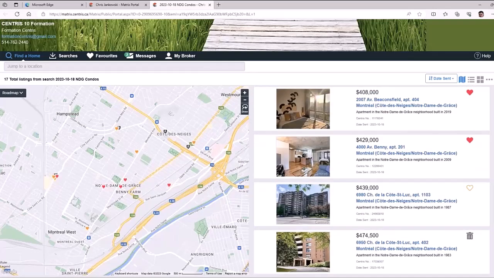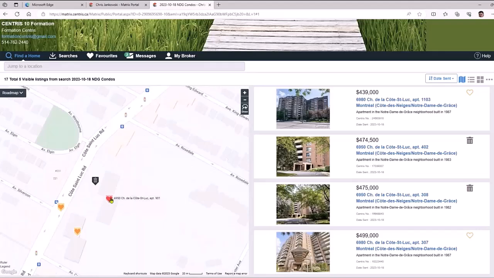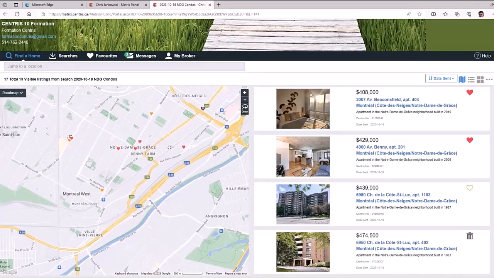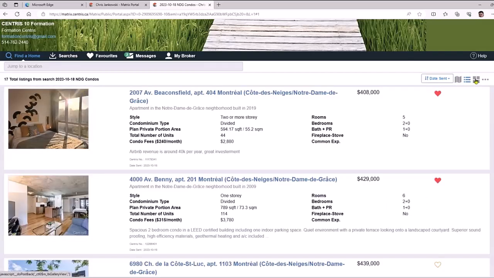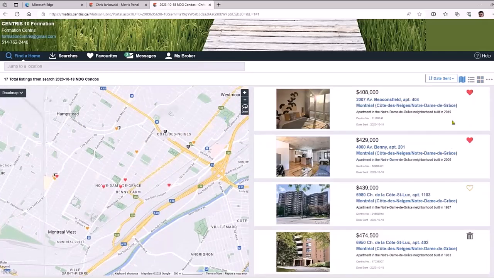All right. So as you can see, I marked a lot of them that I like, some of them I don't. If you would log in and zoom in to here, you can see which ones the client liked and which ones they didn't. This allows the client some sense of control over the system. They can also see it as a list or as boxes, but most of us, I think, prefer to see it on the map, because people also like to see where the property happens to be. I think that's kind of important. Again, it's up to the client to choose whatever they want.